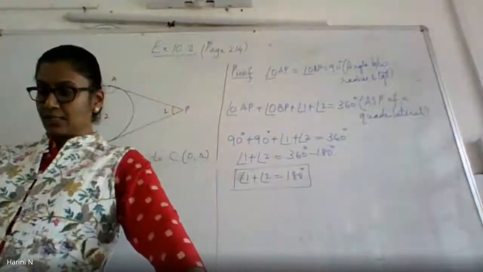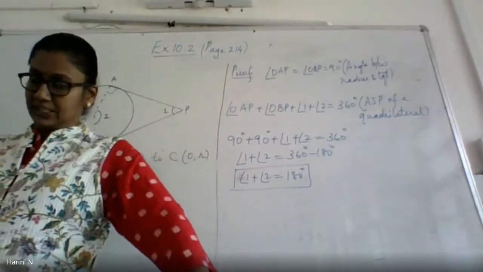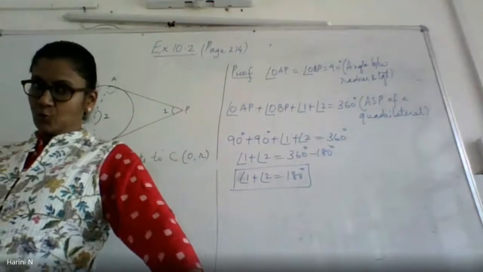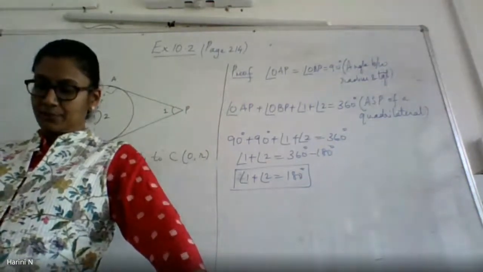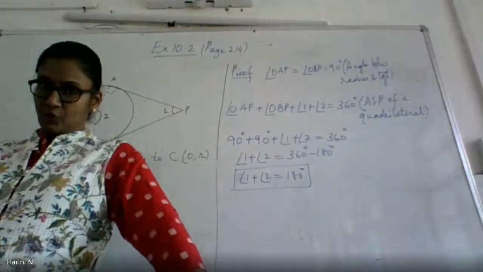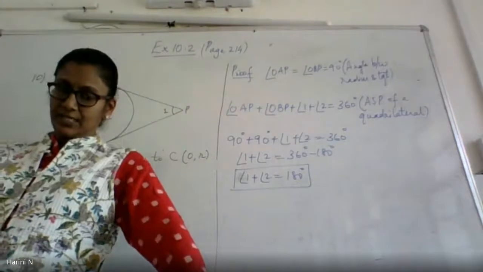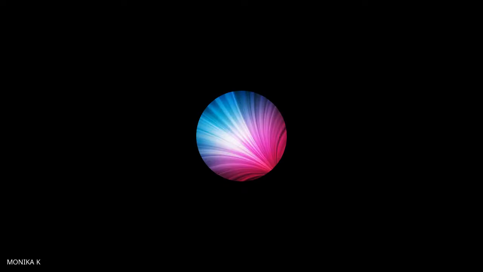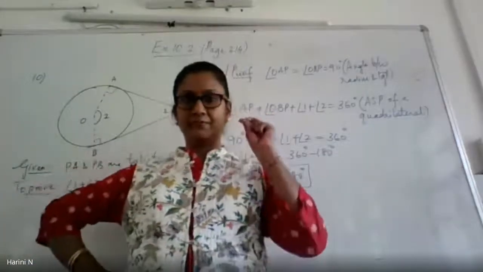Now, how can you show that AB is equal to BC is what you have to see. I think you should be able to do that. I don't know whether you will be able to recall some of the properties of a parallelogram. What can you say about the diagonals of a parallelogram? Can you recall? Ma'am, they bisect each other. Yes, they will bisect each other. So that is one property I will be using.